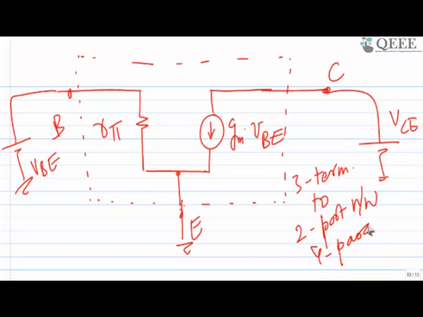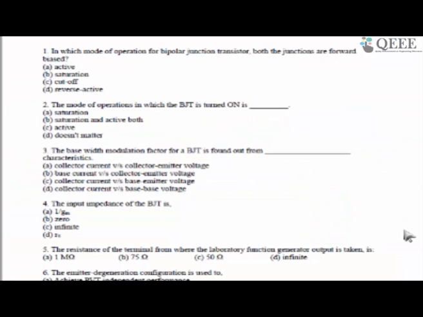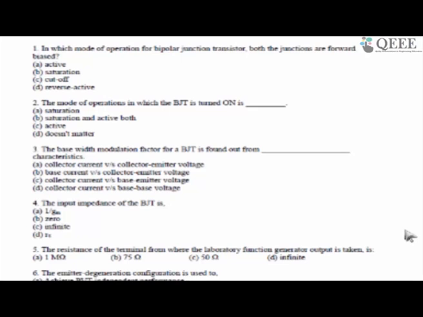If you want, you can derive it for hybrid parameters. If you want, you can derive it for ABCD, for Z, or anything. Whatever you want, you can derive it. And for that, I'm putting in a small quiz, maybe 4 or 5 questions. You can look at those questions and try to find the answers. Maybe some answers you know, some you don't. If you don't know, no problem. I'll try to solve it at the end of this lecture.